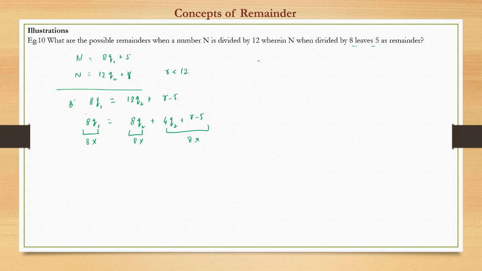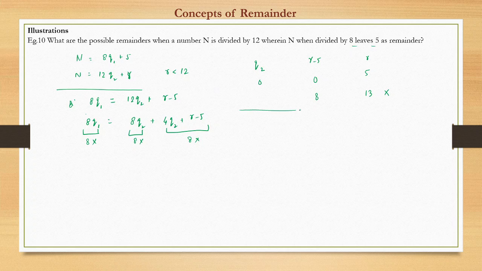Let us form cases here then, q2 and r. Let us do it in a more elaborate way. If q2 is 0, what are the values which r minus 5 can take? q2 is 0 means this term is 0 and this has to be a multiple of 8. So r minus 5 can be 0 or 8, right? So what will be the remainder here? If r minus 5 is 0, r is 5; here it is 13. We will not take it. Further cases will not be there because it has to be less than 12.